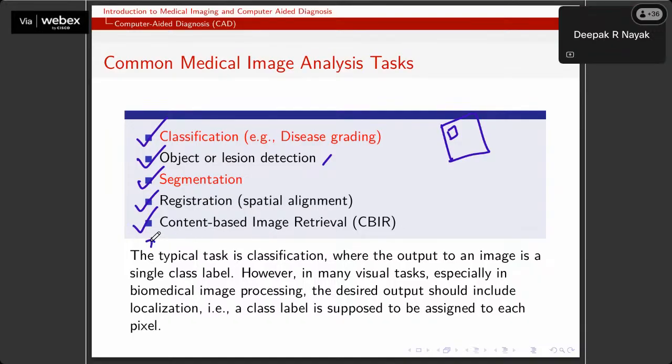There are also problems like synthesis. You will also find the synthesis problem, where your task is to generate synthetic medical images, which is also the current trend in the field of medical imaging. So how to use generative models like GANs and diffusion models to synthesize medical images, especially training images, and use those images to train, because we do not have much data in this case, and most deep learning models demand a huge amount of data. We will discuss in detail later on.